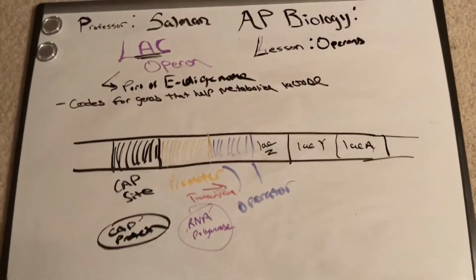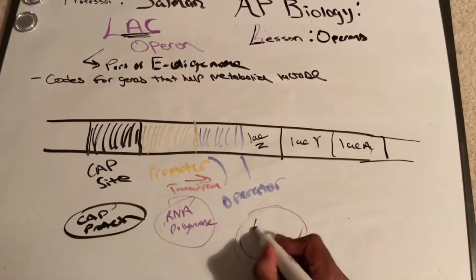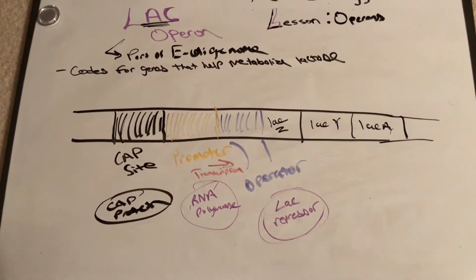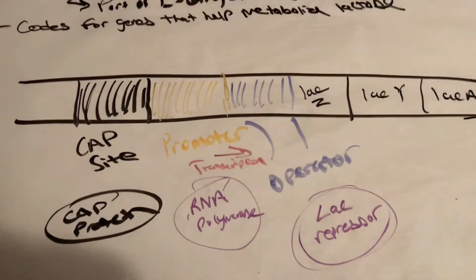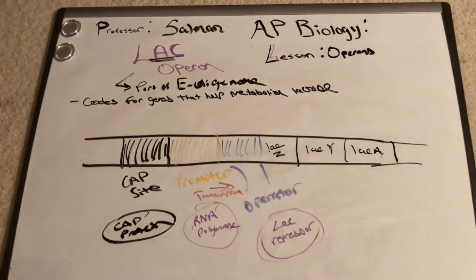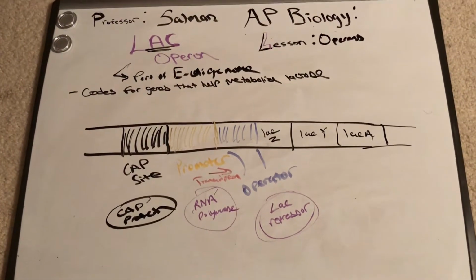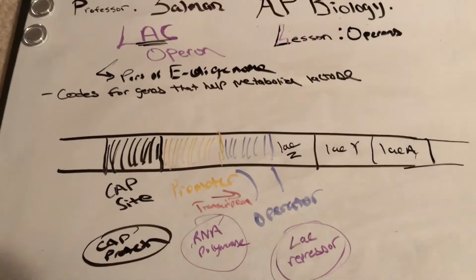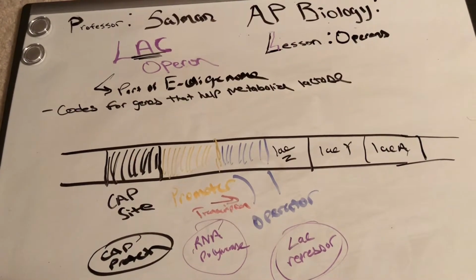And there's also another protein in this process. It's called the lac repressor. And what the lac repressor can do is, if it binds to the operator region, it represses the process of transcription. So in this video, we went over the general overview of a lac operon and what it looks like. And in our next videos, we will go over 4 specific scenarios on how each of these proteins will bind specifically to these sites, depending on glucose and lactose levels, and see whether transcription will be promoted or